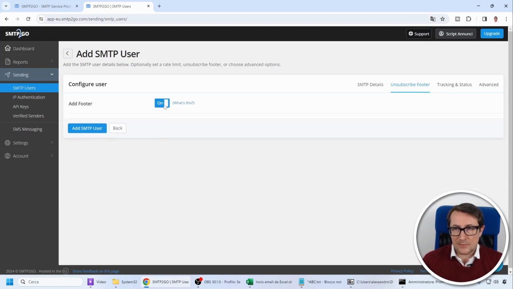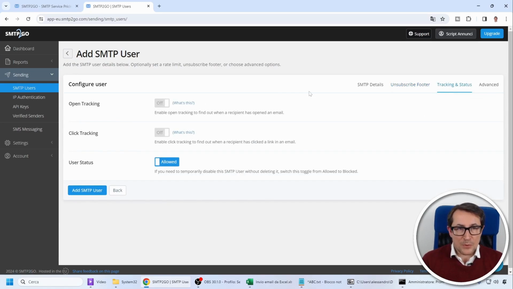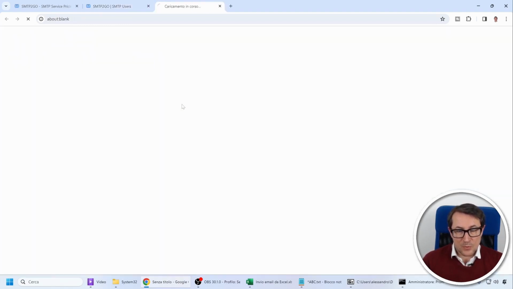After that, you have a tracking and status option, which is essential if you want to track opens. Okay, opens mean that when the email is delivered, you see it as processed. But if you want to know when they opened it, and if they opened it, activate this option here. Of course, for it to work, you need to have set the HTML format. Otherwise, it won't work. However, if you read what it says in the guide, it tells you that this system doesn't actually work 100%.